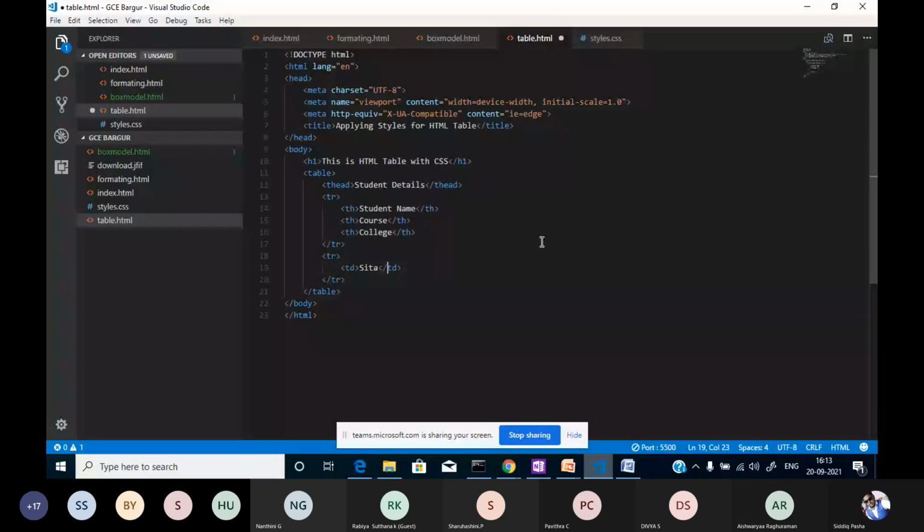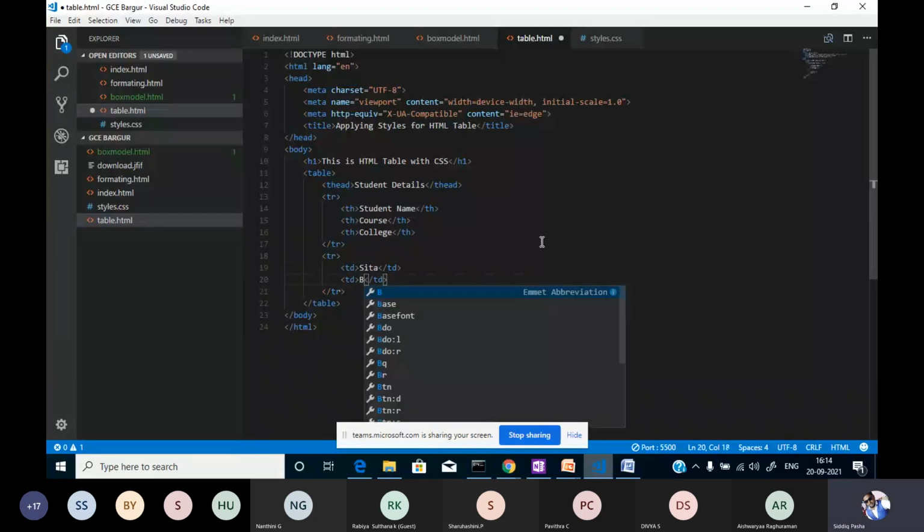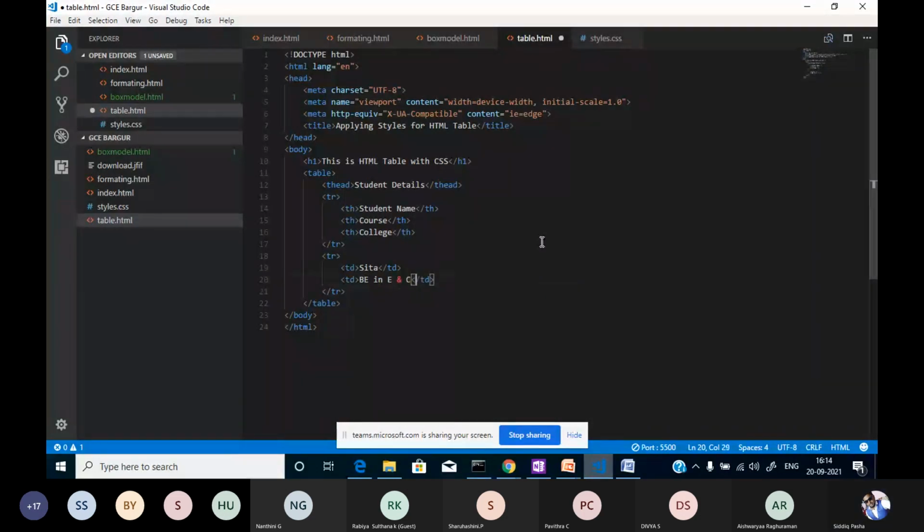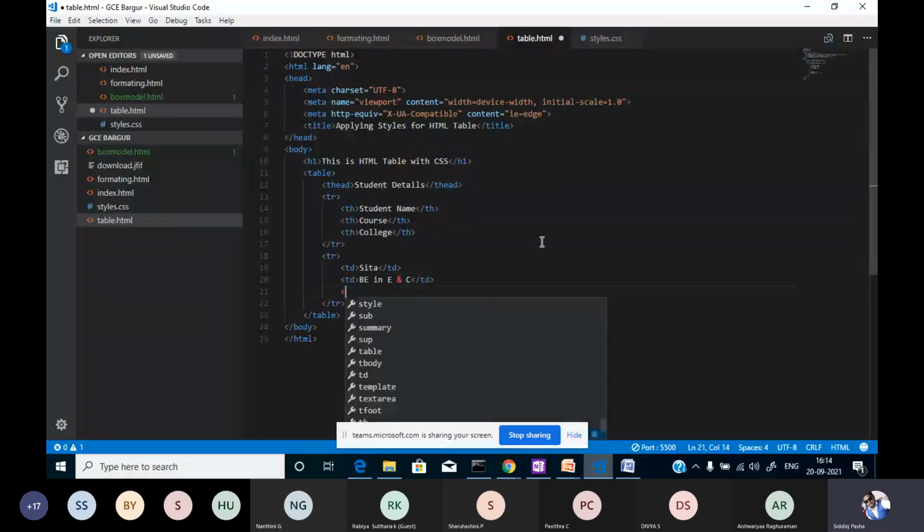Similarly, in the table data for the course, say ECE. Okay, I have written that, and for college I will write PCE Harbour.